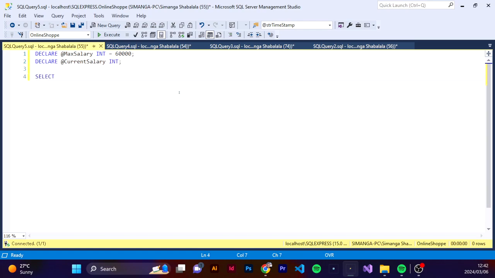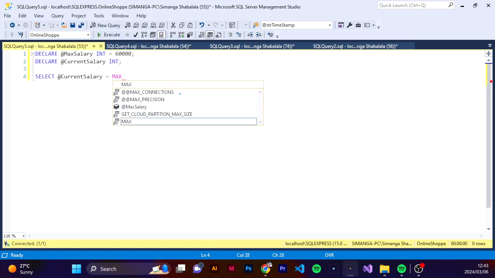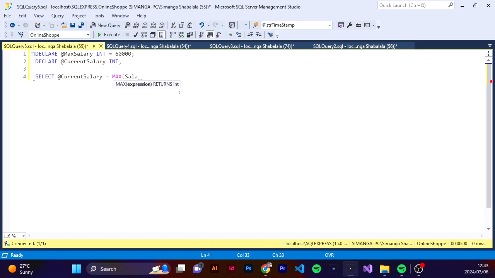and we select @current_salary, and then we store max salary from employees, where department is HR,